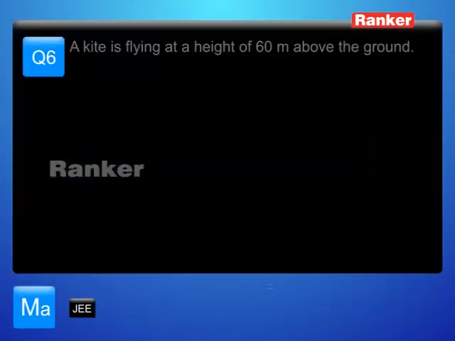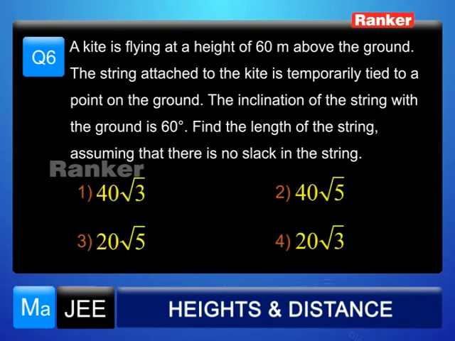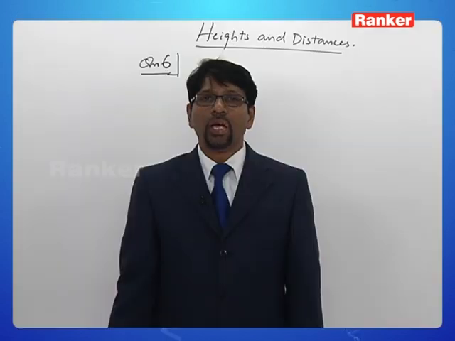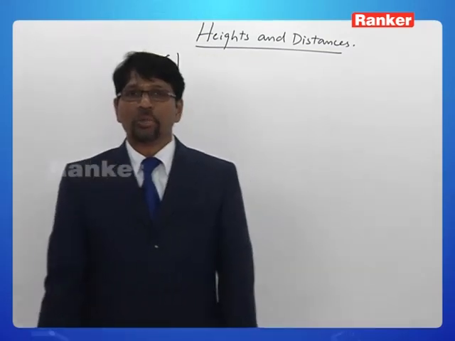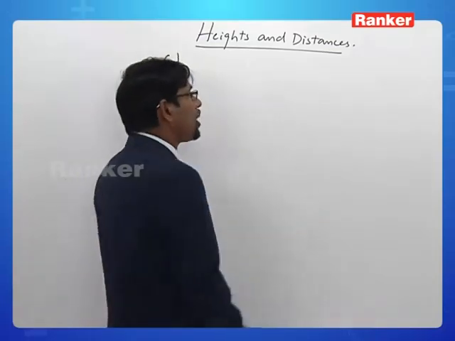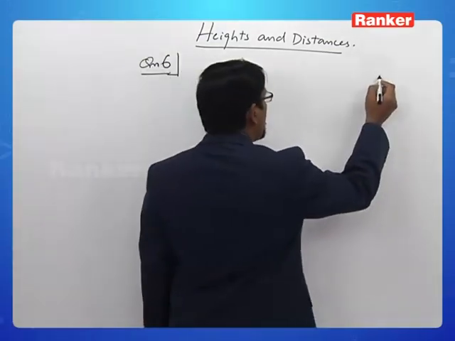Question number 6. A kite is flying at a height of 60 meters from above the ground. The string attached to the kite is temporarily tied to a point on the ground. The inclination of the string with the ground is 60 degrees. Find the length of the string assuming that there is no slack in the string. First option 40 root 3, second option 40 root 5, third option 20 root 5 and fourth option 20 root 3. Actually this problem has only to do with understanding of English. So once you understand that, it will just come in no time. What is it? We have a kite